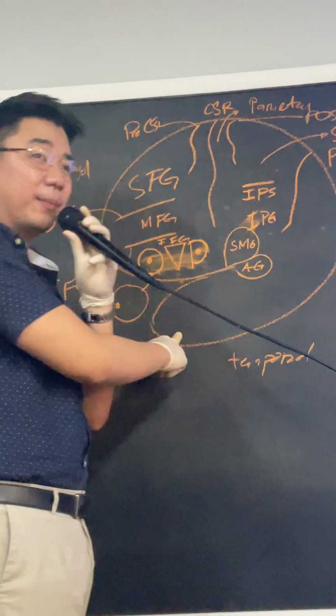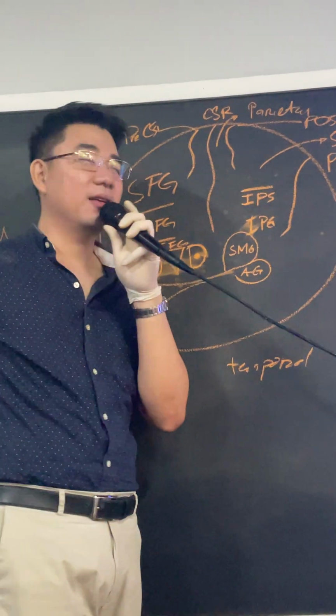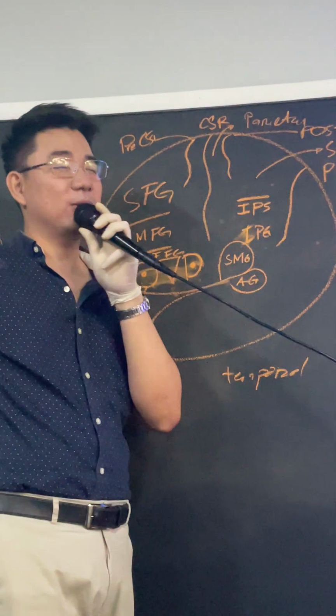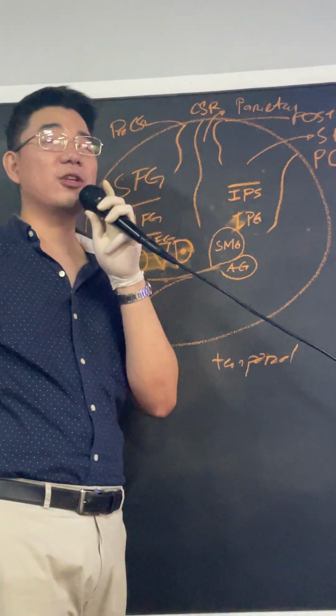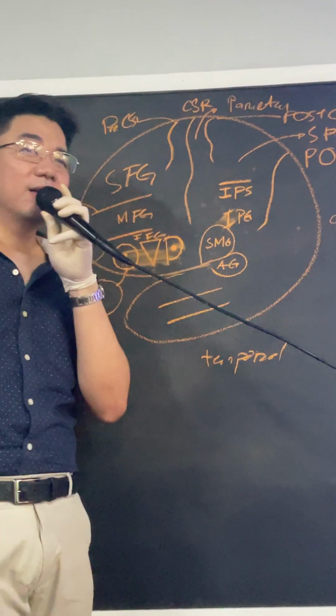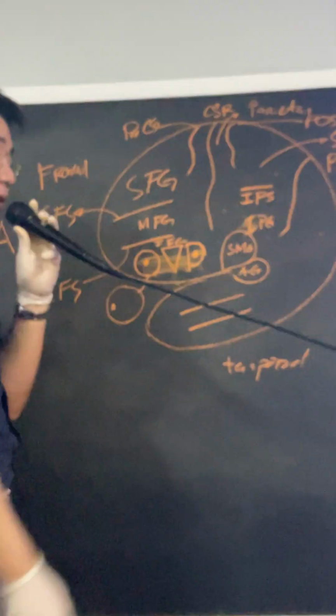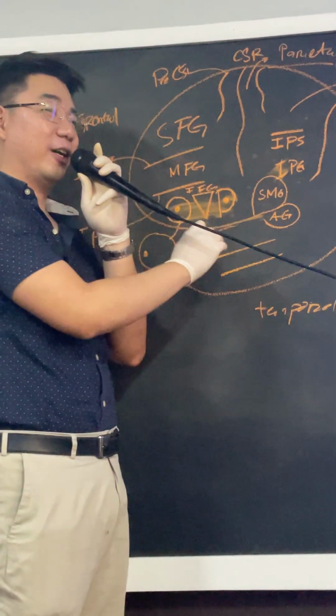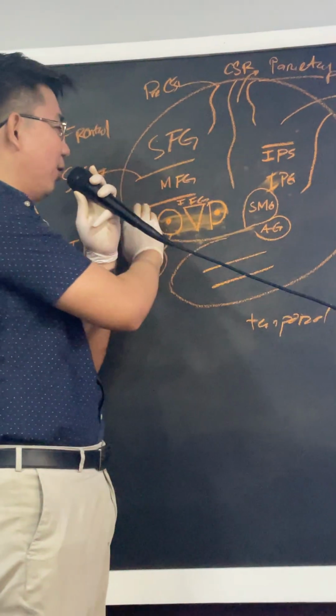The last lobe will be the temporal lobe. How many lines should I make? How many sulcus or sulci are there? There should be two sulci. So let's draw two sulci. This is the same as our temporal lobe,